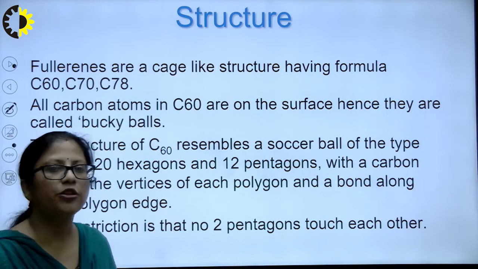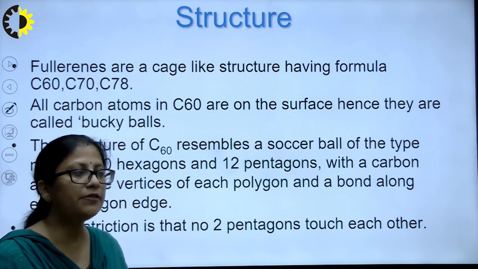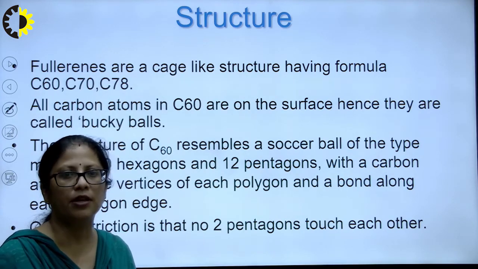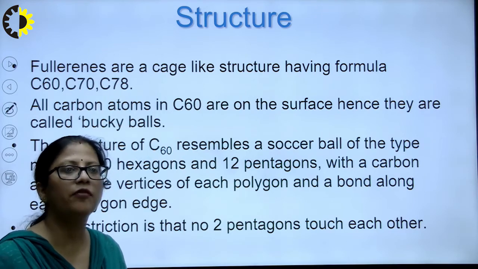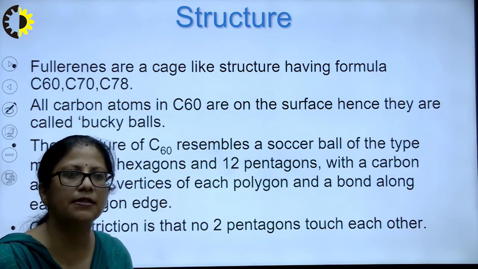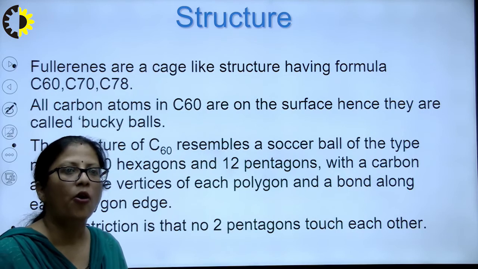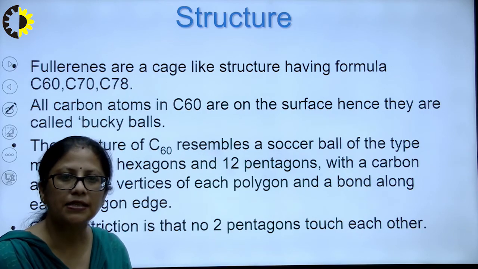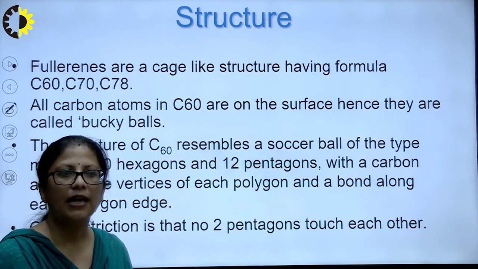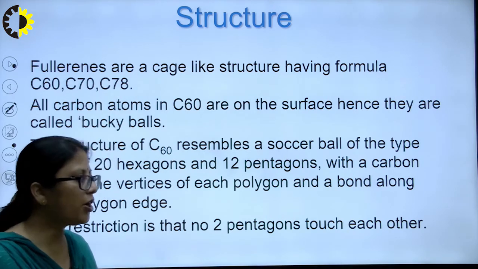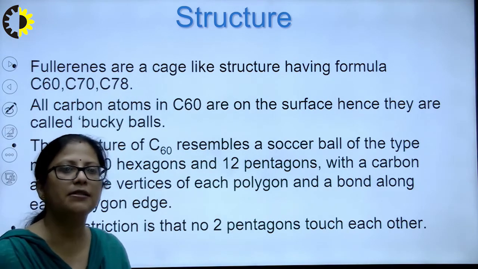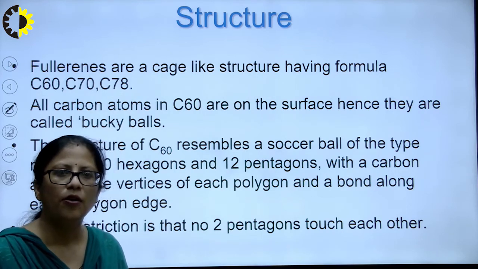Coming to the structure of fullerenes, they have a cage-like structure, and there are different types. They can have the formula C60, C70, C78. All the carbon atoms in C60 are on the surface, and hence they are called buckyballs. The structure of C60 resembles a soccer ball,